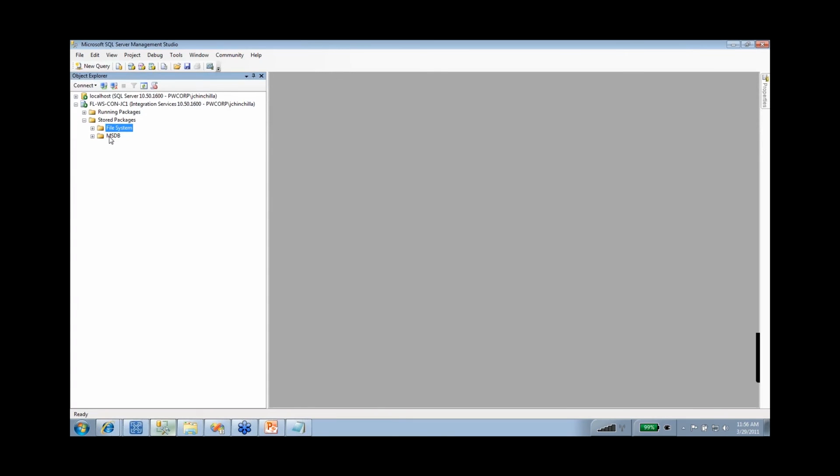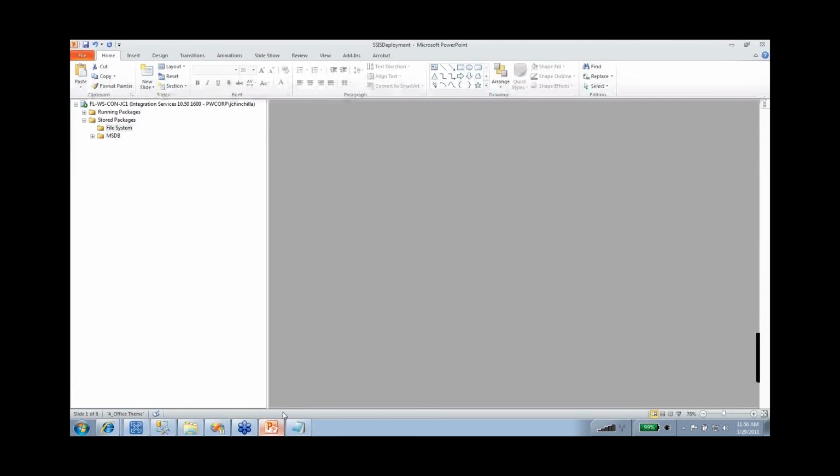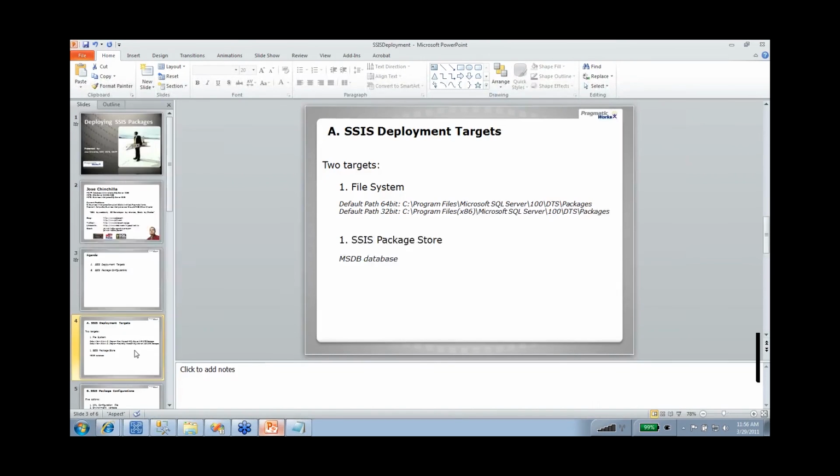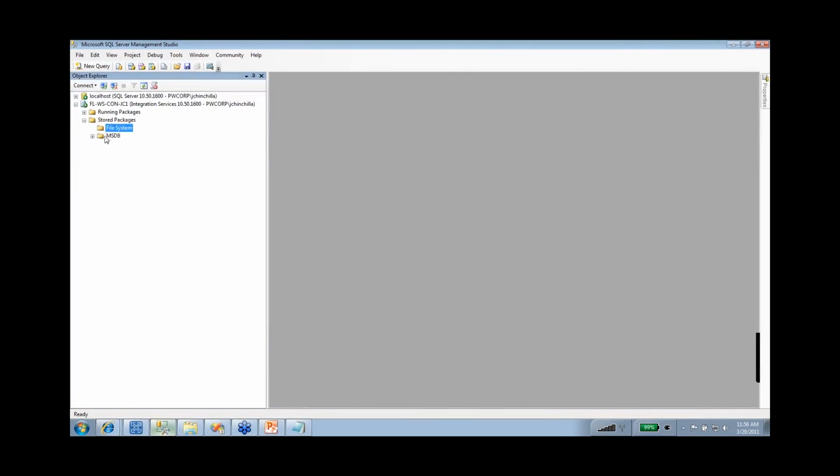And then when you're talking about your integration services or your server store, you're talking about your default file system store, in this case, the path that I gave you in my slide, which is this one for 64-bit and this for 32-bit. So you have your SQL Server store, your MSDB database, and your file system store in your actual